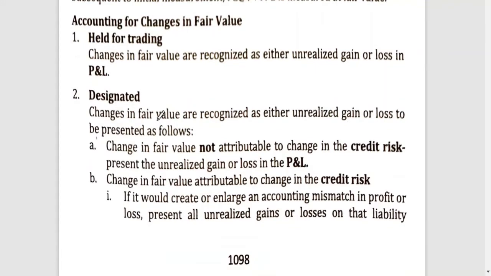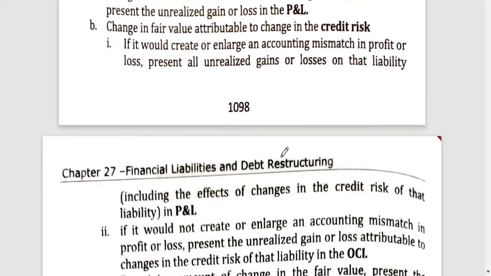If it is designated, the changes in the fair value are recognized as either unrealized gain or loss to be presented as follows. So change in fair value not attributable to change in the credit risk, present the unrealized gain or loss in the profit or loss. Again, not attributable to change in credit risk. But on the other hand, if it is attributable to the change in the credit risk, okay, so this would be the